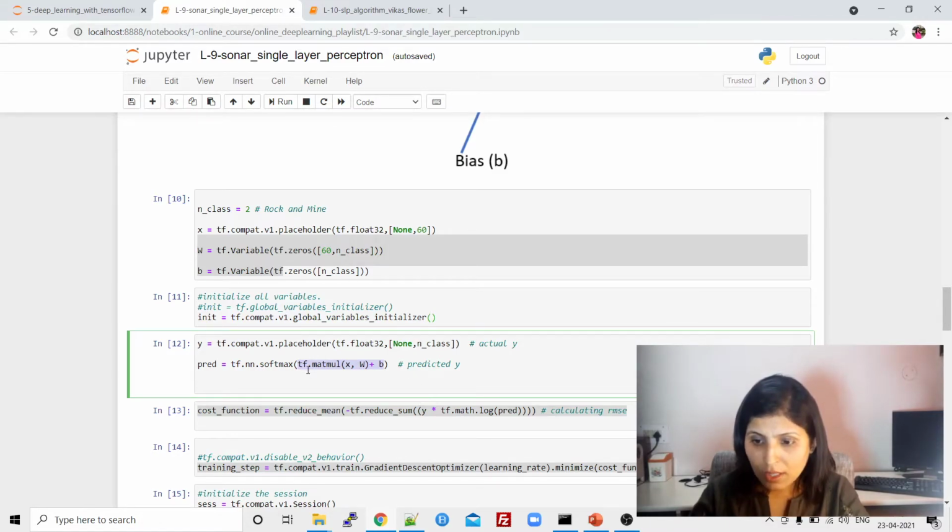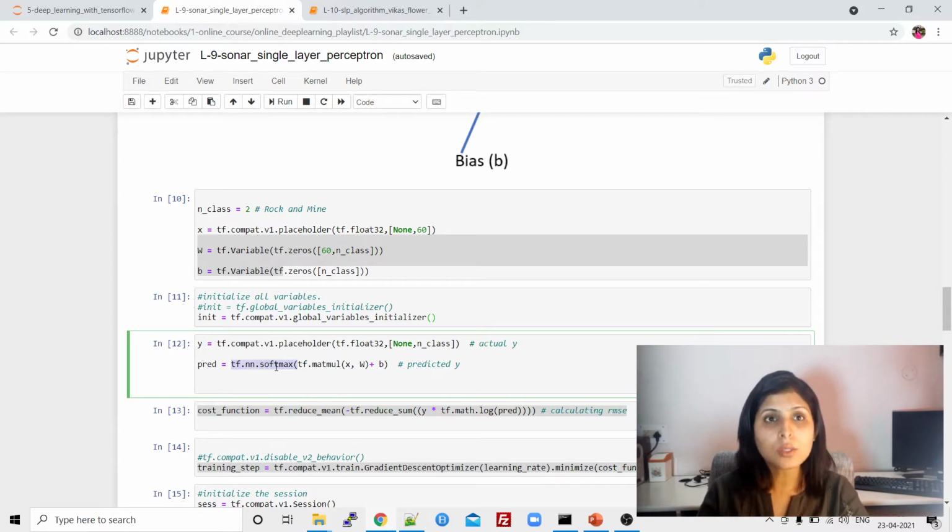Once you perform the summation function, we use an activation function on the value which you get from it. And which activation function are we using? We are using the softmax activation function. Why? Because we want to know which particular class a record belongs to, and we know it by the probability of each class.